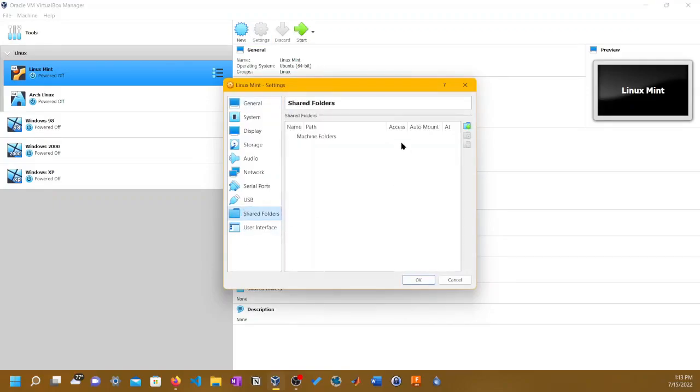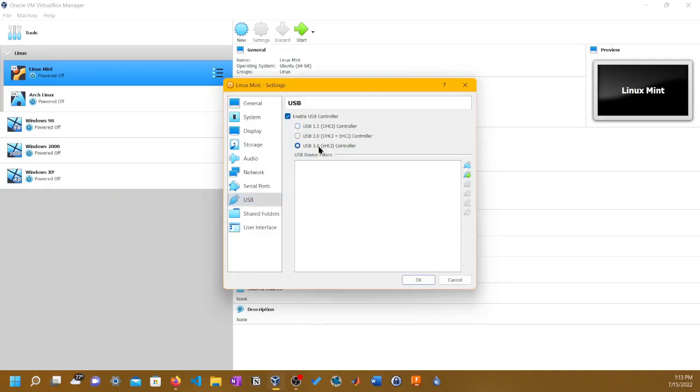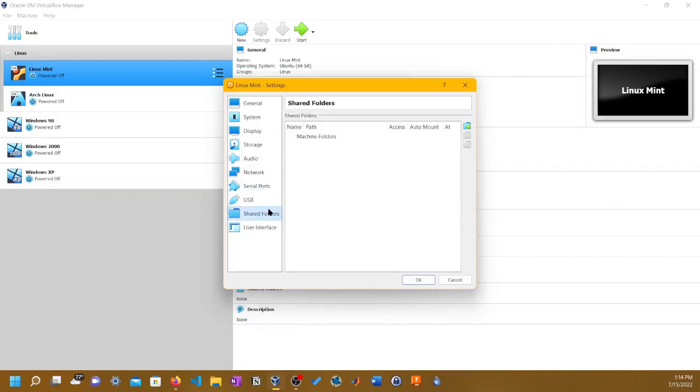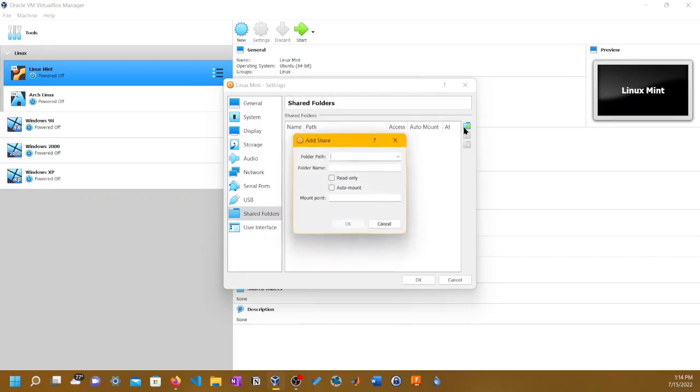Okay, let's go back to settings. Shared folders. So if you really want to put in, I mean, my USB drive is not gonna work. I could literally prove it. So let's just do Seagate. Let's use my external hard drives. Let's go to shared folders. There's machine folders, folder path, other, whatever it is.